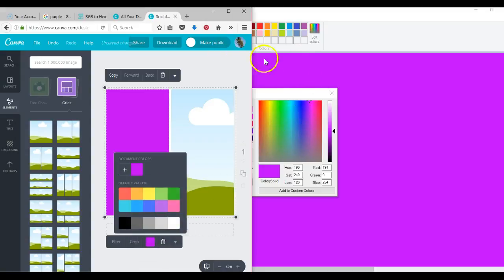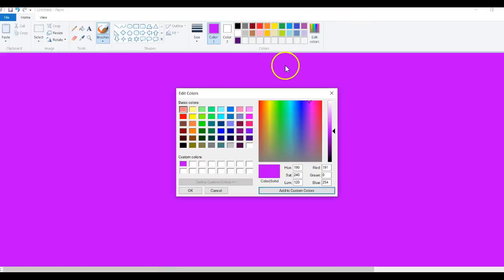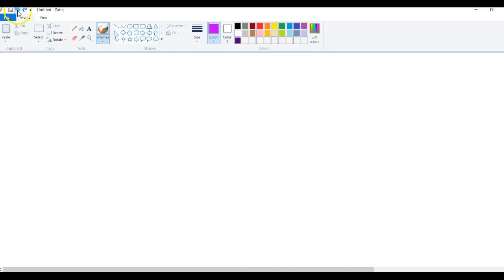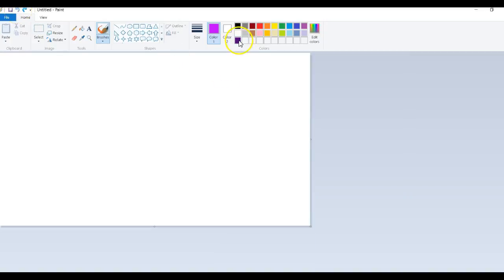And you see that it's the exact same color as that. Okay, so going back to the first one, this color,